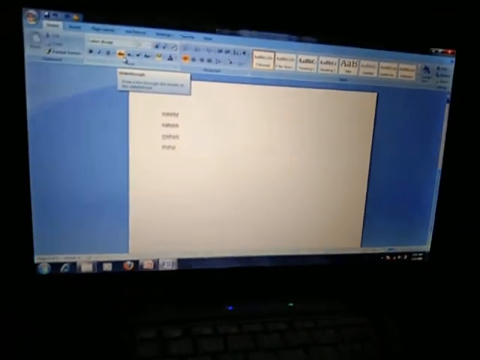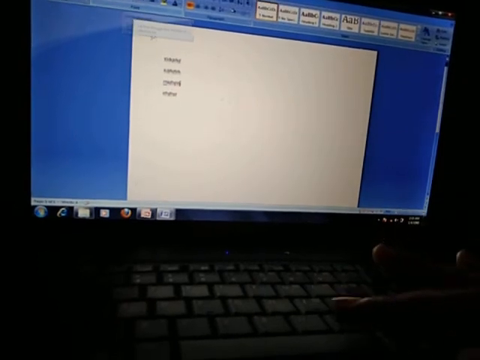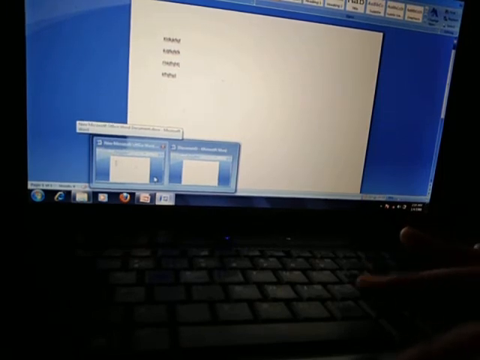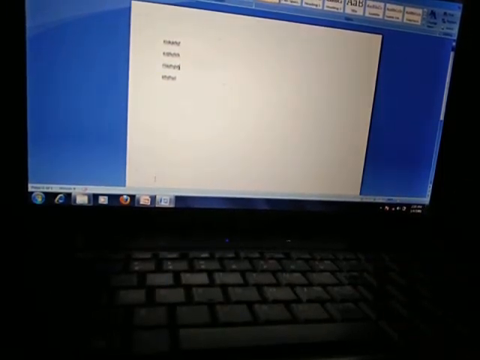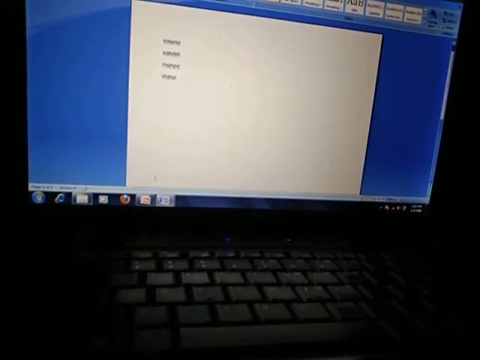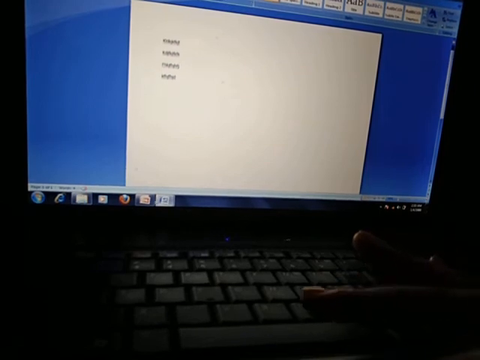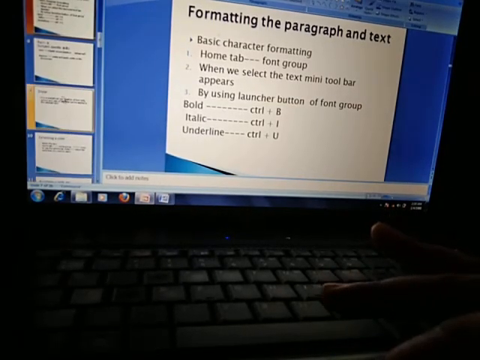But if I want to make changes in my whole file, is there anything Microsoft provides by which, by clicking one single button, we can change everything? In the complete text I want to change the font color, make my text bold, and change the font type. Is there anything by clicking which I can change all these things with a single button? Yes, my dear children, that one is style. By style we can do all the updates by clicking that single button.